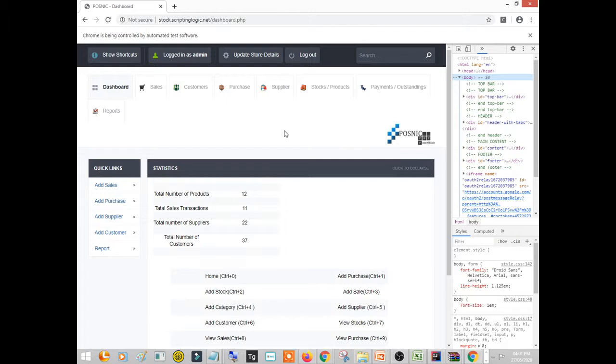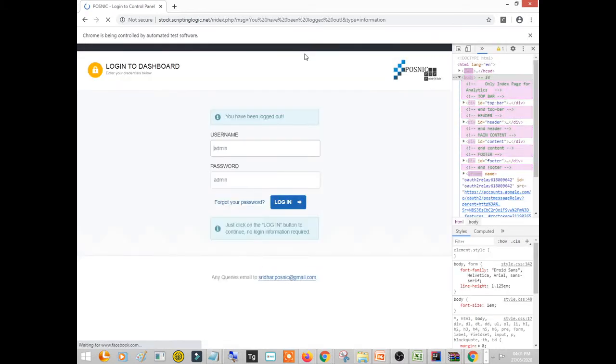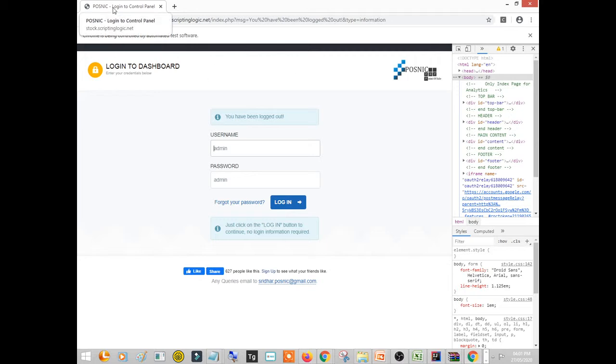Again, there are several things that will help you to judge. For example, there is a logout button which was not there on the login page. There is this dashboard text which was not there on the login page. The title of this is a dashboard, so it was not there on the login page. So earlier when you see this login page, here you can see the page title is different, right?